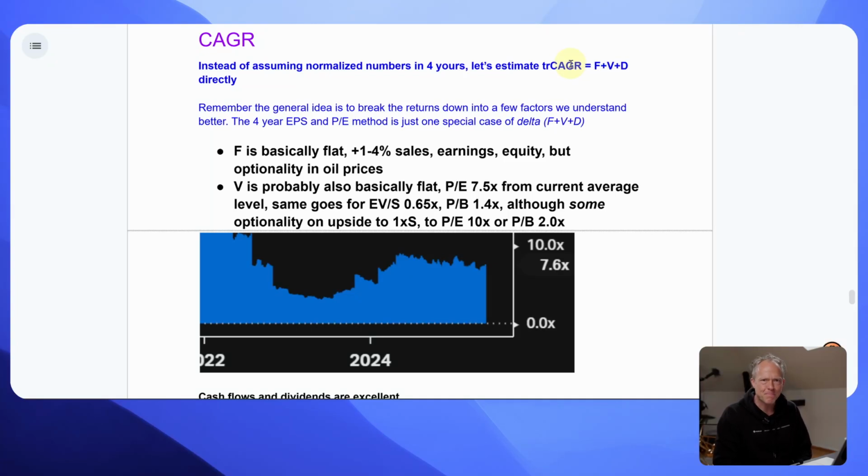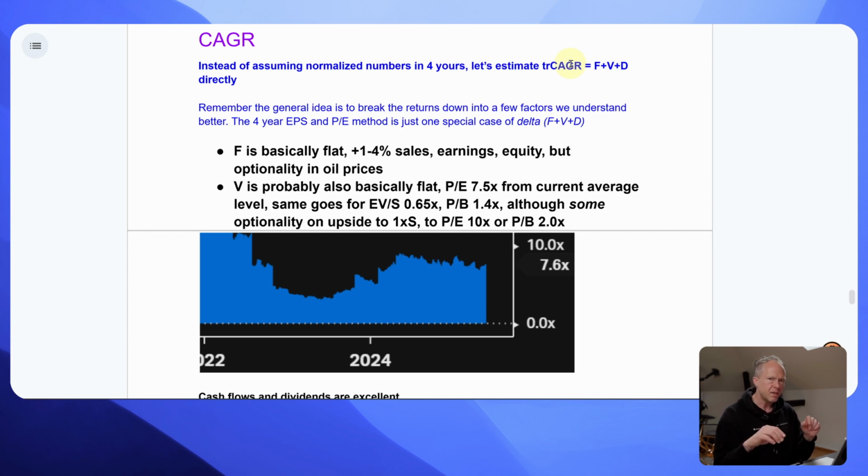I'm Karl-Mikael siding. So for today's CAGR calculation for Equinor, I've prepared something slightly different. As I told you in a previous video, you don't always have to go 4 years into the future. So for today, instead of assuming normalized numbers 4 years into the future, I'm going to estimate the total return CAGR directly using the deltas for F, V, and D. So that is the expected annual changes in percentage terms for fundamentals, for the valuation multiple, and adding the dividend